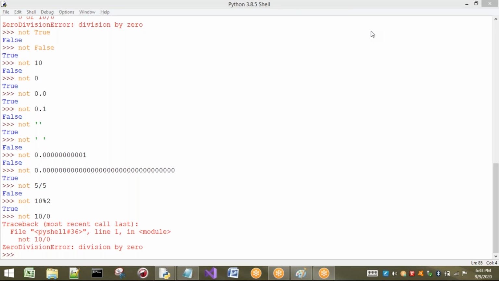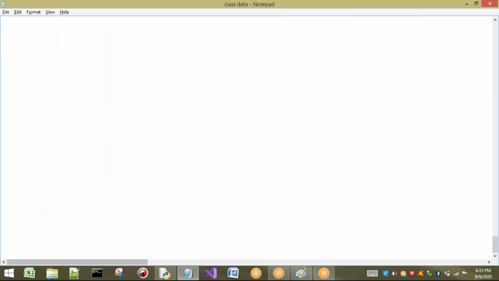Okay. Right. Now next type of operators. So first we have seen what? Logical operators. We have completed. What are those? Logical operators are and, or, and not. Now we are going to see about bitwise operators. So in the name it says what? Bitwise. So if you don't know about bits, you may get some confusion. So we have to understand these bitwise operators somewhat. We have to listen carefully.